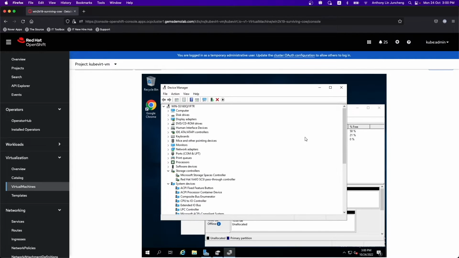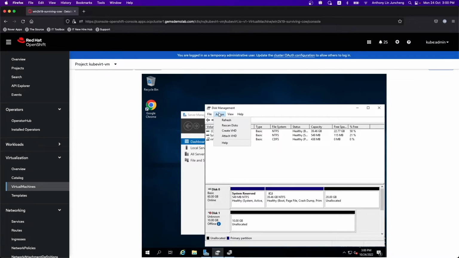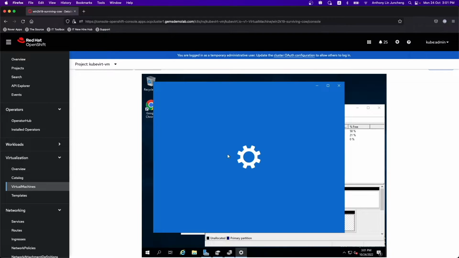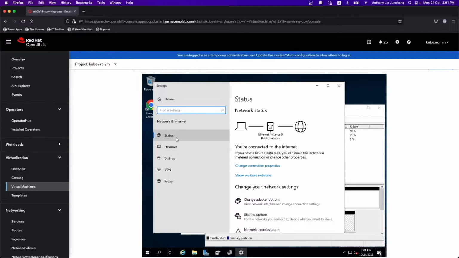Right. So in this case, we have everything properly installed. So with that, we can rescan the disk again. And here we have, right, the 10 GB disk that we have actually attached to the virtual machine when we set it up. Right. The other stuff that we can see, of course, is that we actually have 2 NIC cards because we are using